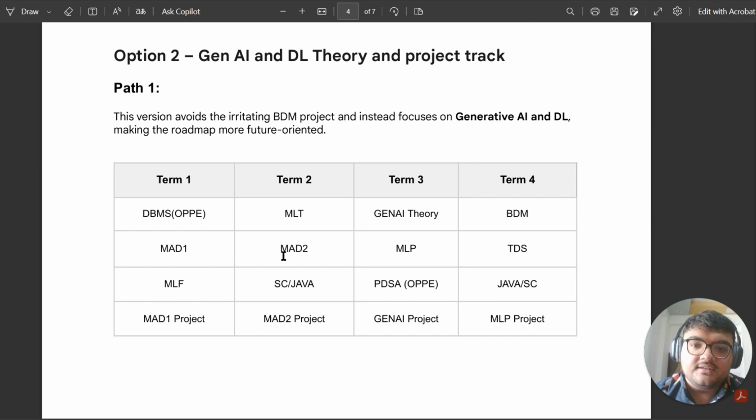Okay, so I was saying that I didn't want MAT2 and MAT2 project to stay together. But we need things to be in a way that is easy for us to manage. So if you complete MLT, MAT2, system commands, MAT2 project, then you'll be able to take Gen AI and MLP together right now here. And in term 3 you should take MLP and Gen AI theory, because if you are watching this for the September 2025 term, then you should take it in term 3, because it's a new course, and we don't know